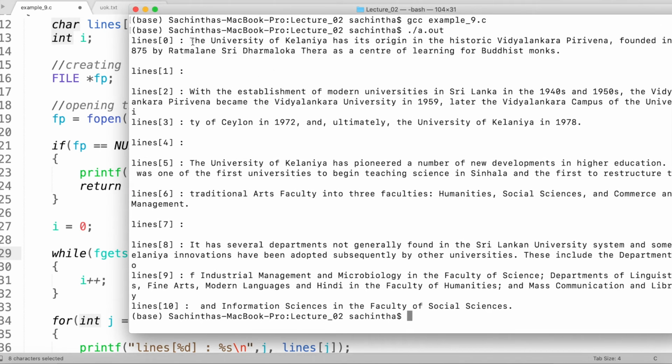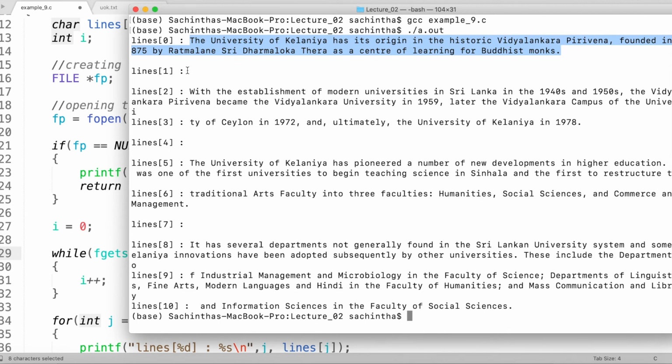In my lines 2-dimension array, the first row contains my first sentence. That means before it read 199 characters, it reached the new line character. So that is why it took the first sentence as my line 1 content, or the first line content.